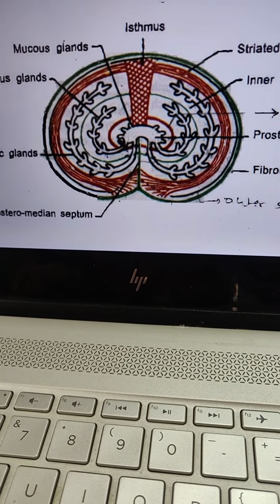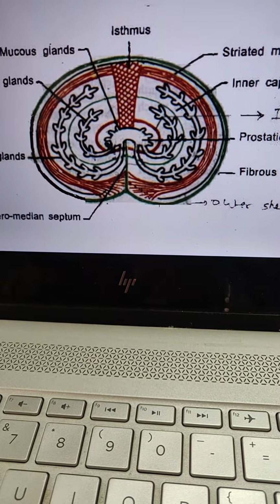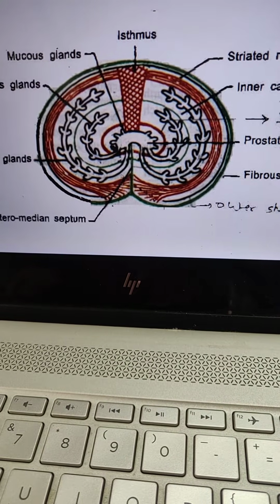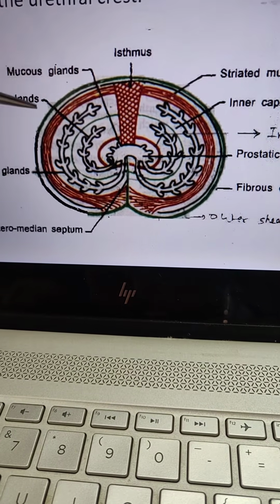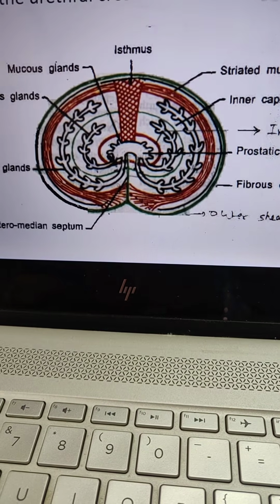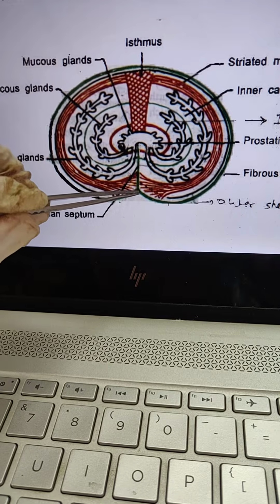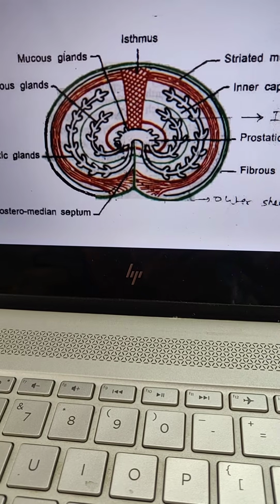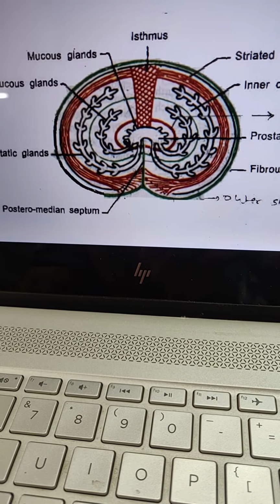Structure of the prostate. The prostate contains one quarter fibrous structure, one quarter muscular structure, and half glandular tissue. The fibrous tissue is thickened at the periphery of the organ to form the true capsule. This green color is the fibrous capsule, and posteriorly it makes the posteromedian fibrous septum, which connects the fibrous capsule with the urethral crest.